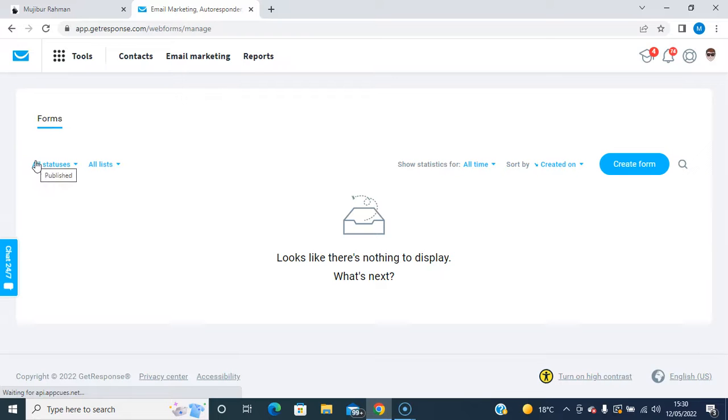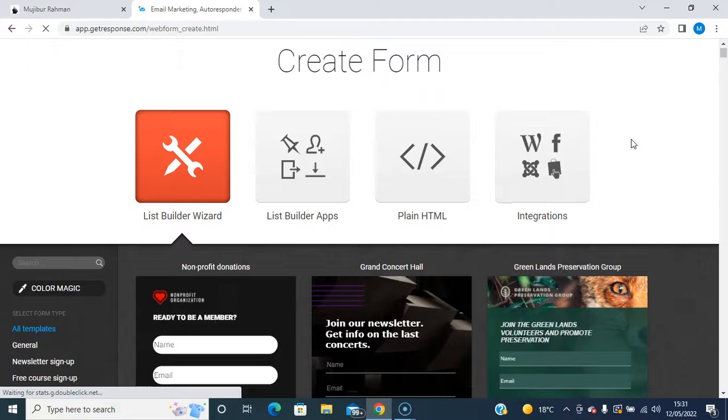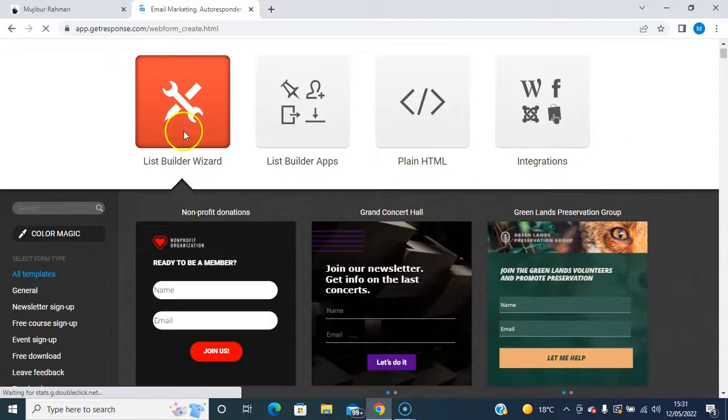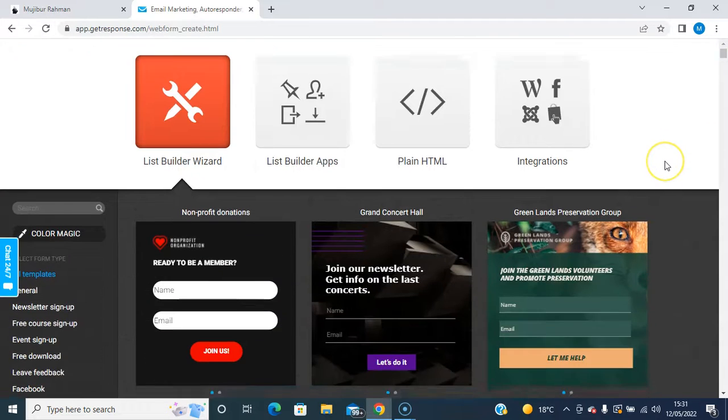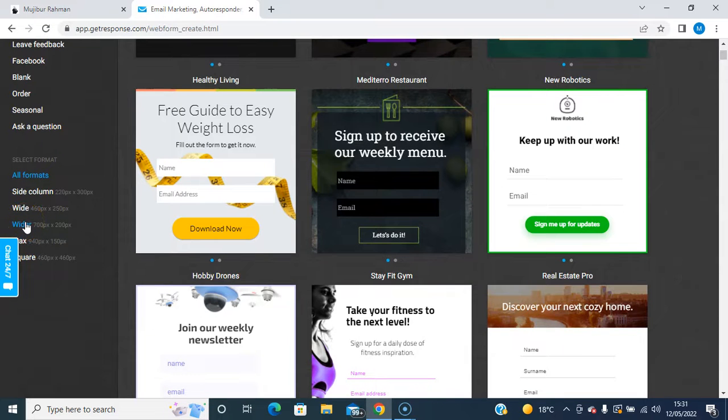And it will take you to something like that, and then you click on Create Form, and what I'm going to use is List Builder Wizard. Let me go down. I'm going to create a form that I can use at the bottom of my blog posts on my blog. So I'm going to use the wider one,